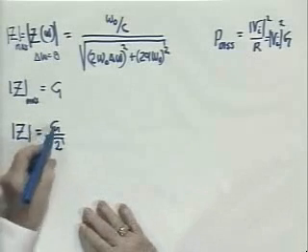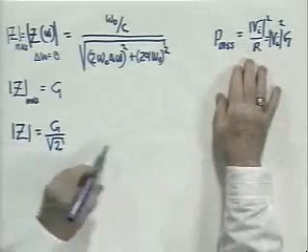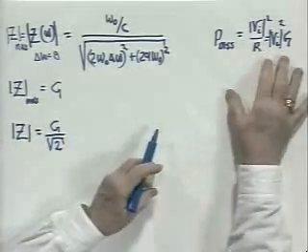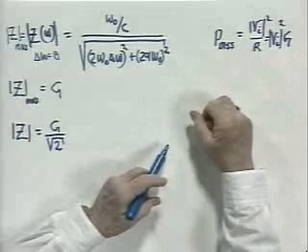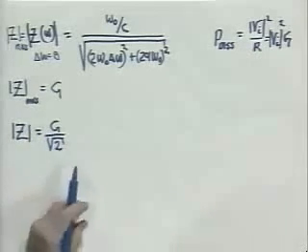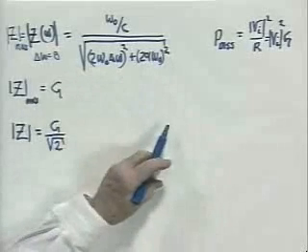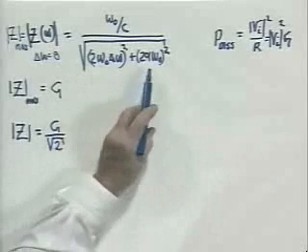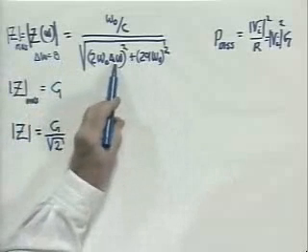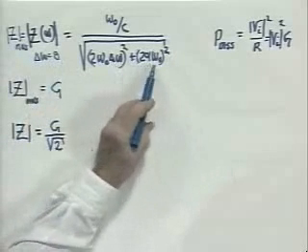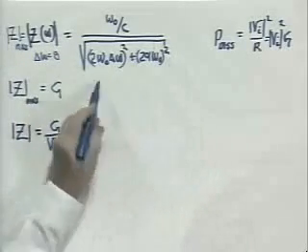Because if the magnitude of the impedance is reduced by the square root of 2, and if we're driving it with a fixed current, then the voltage across the resistor will be reduced by the square root of 2, and the power dissipated in the resistor will be reduced by half. It's 1 over square root of 2 squared. Well, this will be reduced by the square root of 2 when the real part equals the imaginary part. Remember, we got this value, Z max, by letting delta omega go to 0. The denominator became 2 alpha omega naught. If I make the real part equal the imaginary part, the denominator reduces to the square root of 2 times